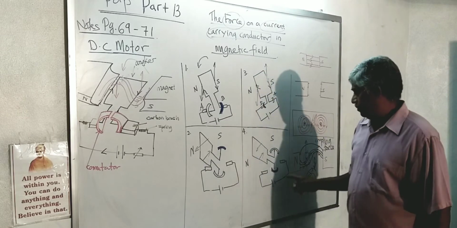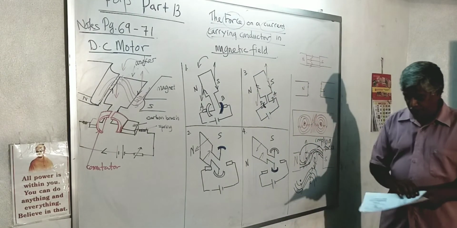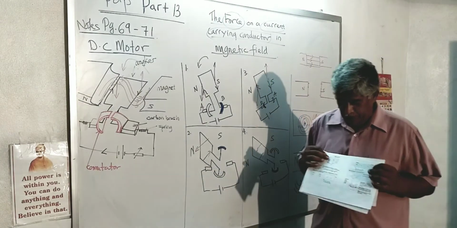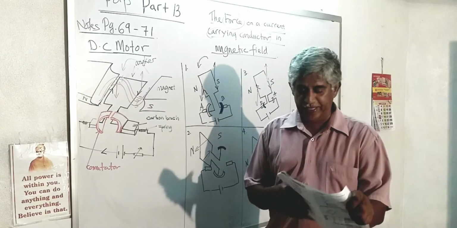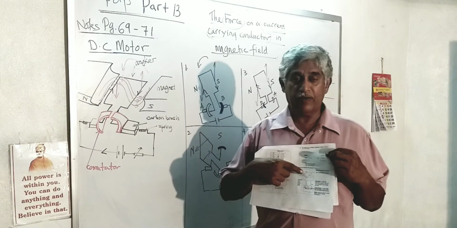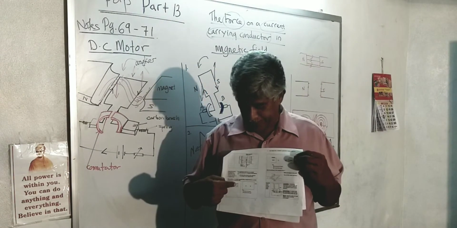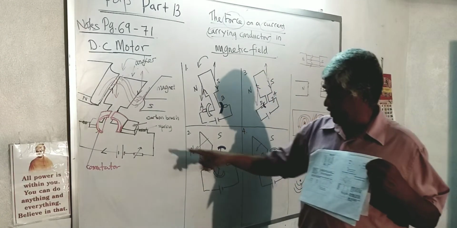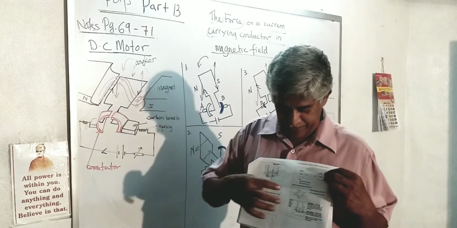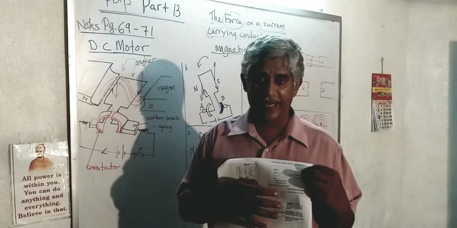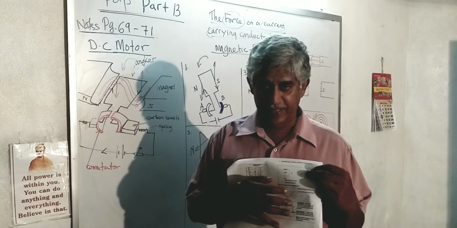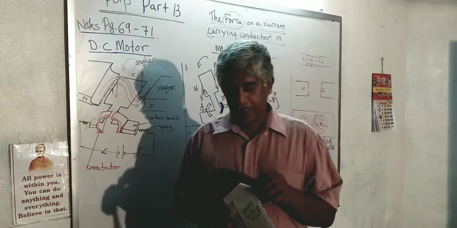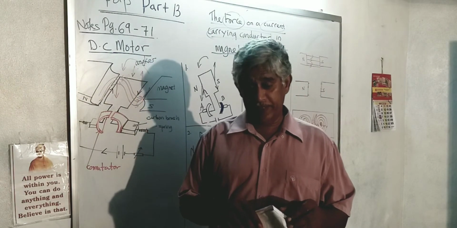Alright, so the basic thing comes from over here. And okay, one more thing to remind you. If you look at page 70, there's one more question they give you here. The other day I asked you to do this, which I have just done. So there's one more diagram before the motor structure. Please try to draw the direction of the rotation in this anchor for this setup. Right? And then I'll give you more questions.